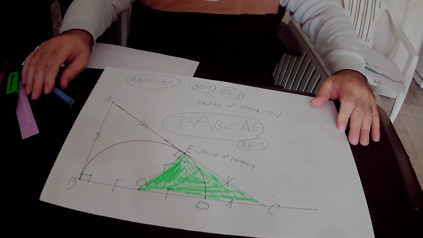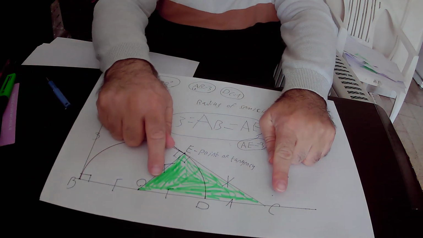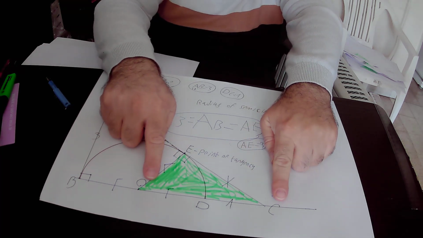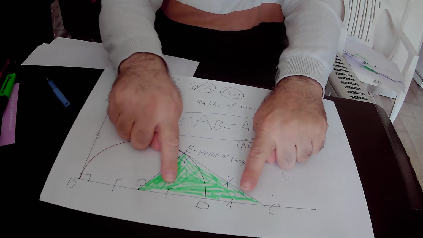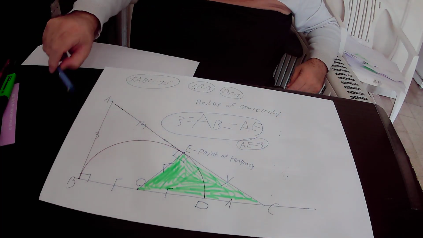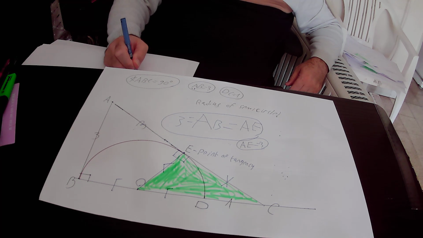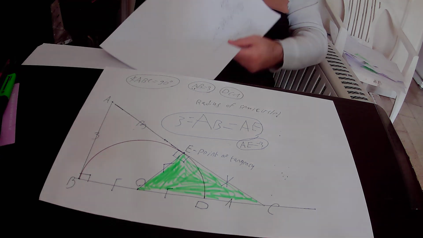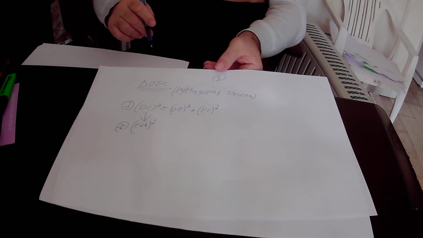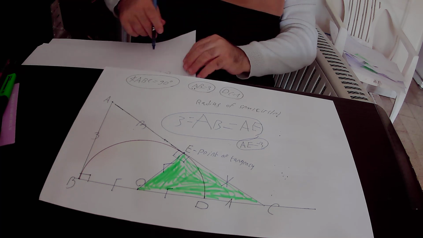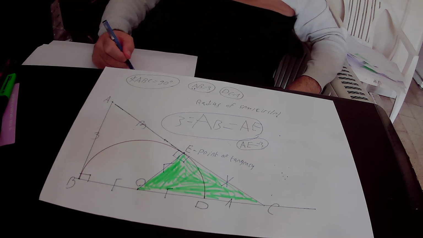Here, as you can see from the drawing, the length of OC is actually R plus 1. So if OC equals R plus 1, then OC square will be equal to (R plus 1) square. Okay, so OC square equals (R plus 1) square, and it equals OE square